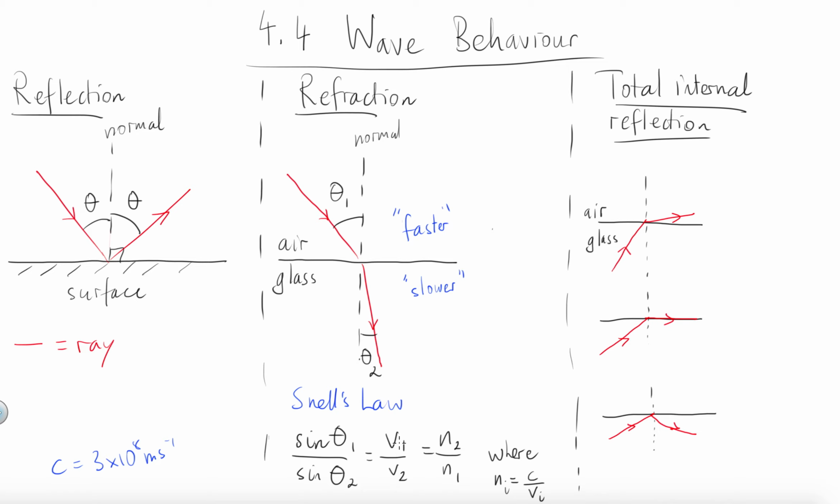Because the wave slows down in medium 2 compared to medium 1, you see this fact that angle 2 is also going to be smaller. Now, if we reverse the ray and make it go from glass to air, then the angle of refraction is going to be larger in air than in glass, and at some angle called the critical angle, we will have